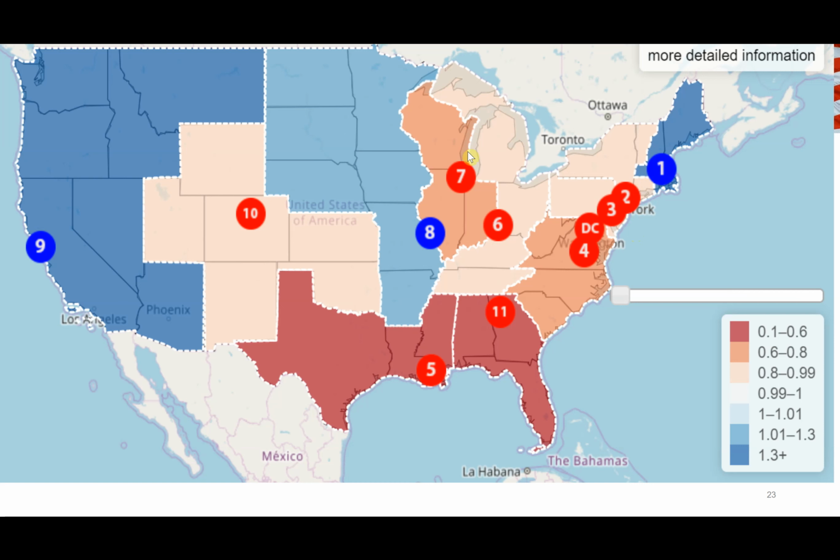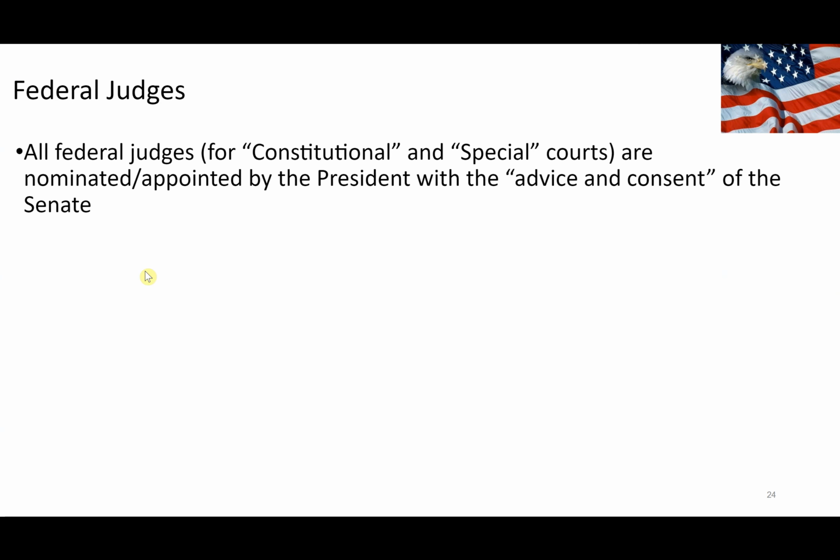As a result of the circuits being different, because of the political differences between the circuits, you get some contradictory decisions. For example, the 5th circuit might uphold very strict abortion laws, but the 9th circuit might strike those down. So all federal judges, whether they are in the constitutional or special courts, are nominated and appointed by the president